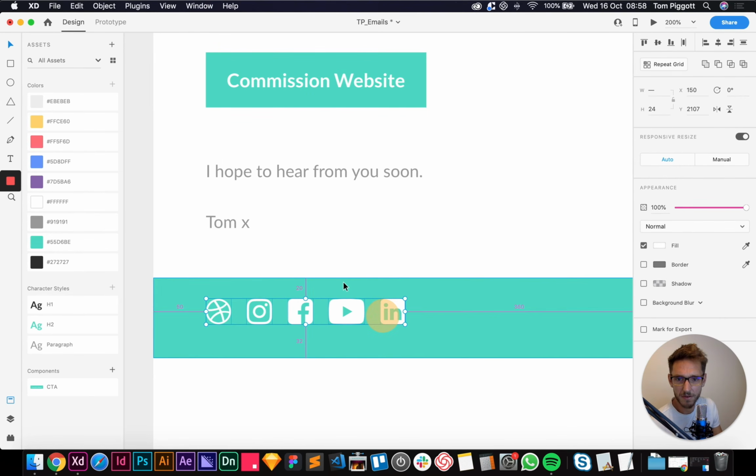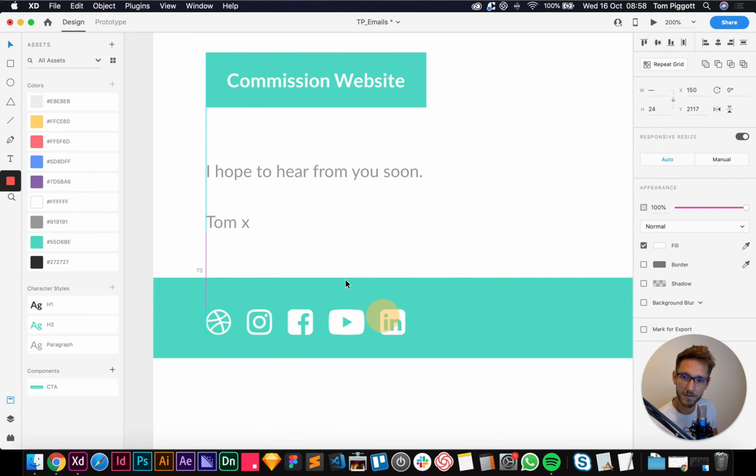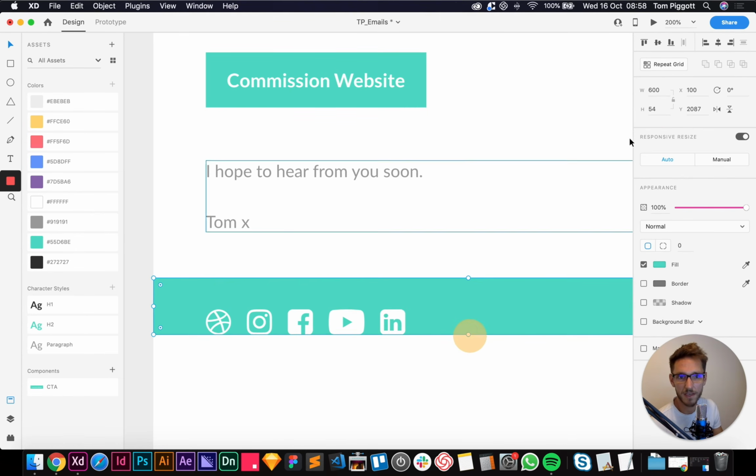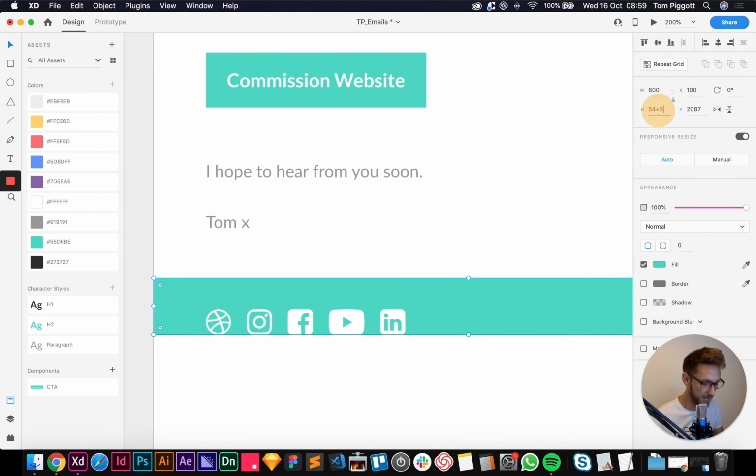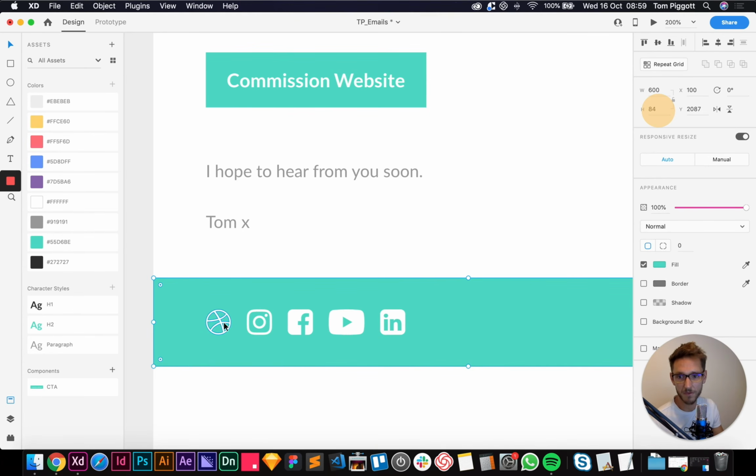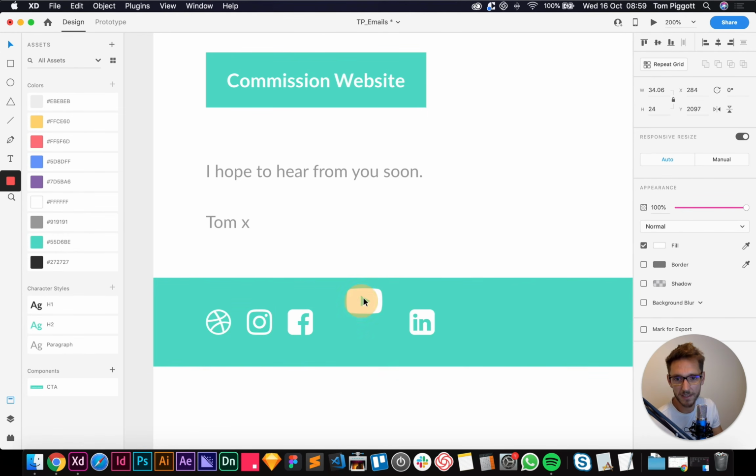So at the moment, what have I got? 20 pixels padding. Do I want 30? Do I want 50? 50 might be a bit much, let's go with 30. So I can drag this up here and then I can just plus 30 there. Now I've got the same top and bottom. And I know this is 50 here, and what have I got? I've got 15 in between each one. If you just copied these in and they were all out of whack, that's all good. You can just select them all.